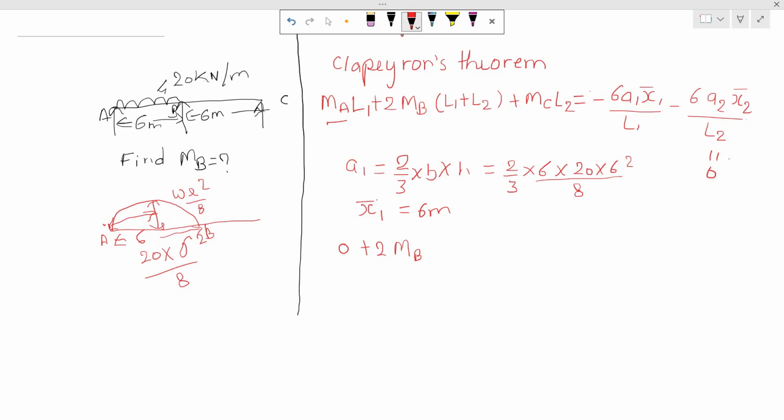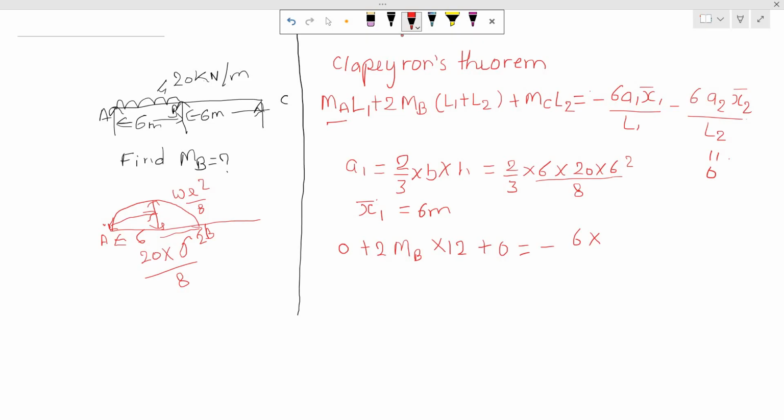L1 is the length of span AB, L2 is the length of another span which is same, so 6 plus 6 will become 12 plus moment at C. Moment at C means this support will also not carry any moment, so value will be 0, is equal to minus 6